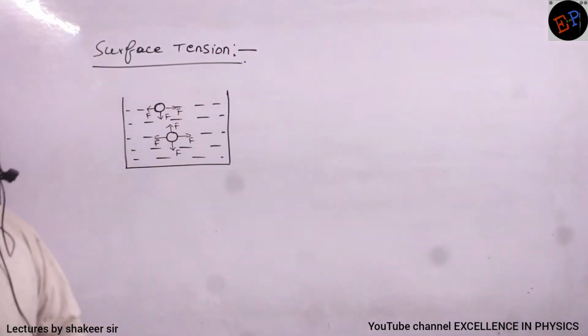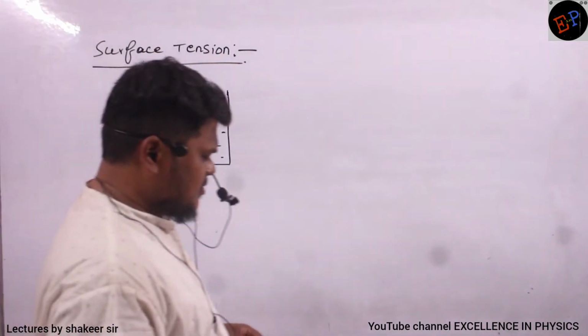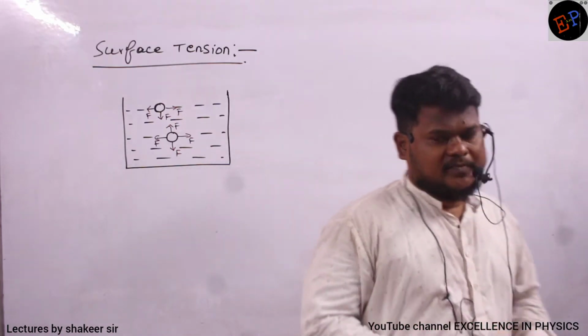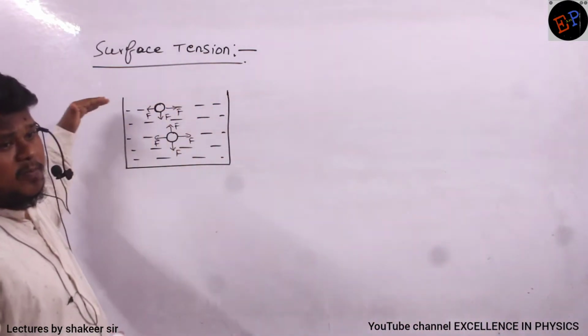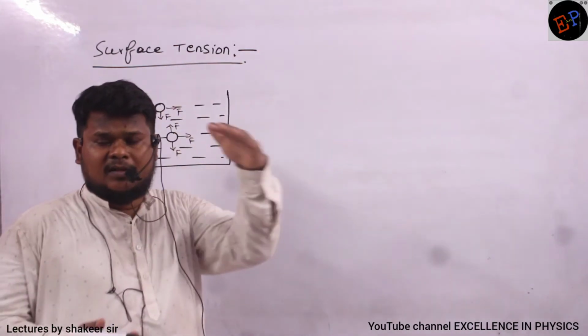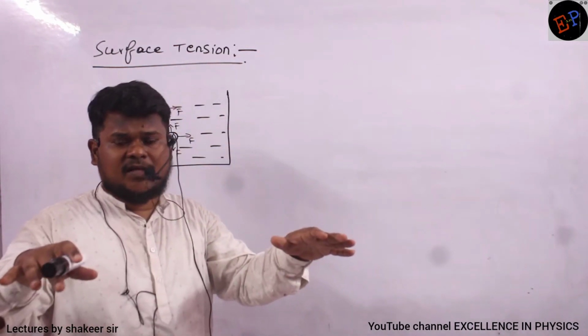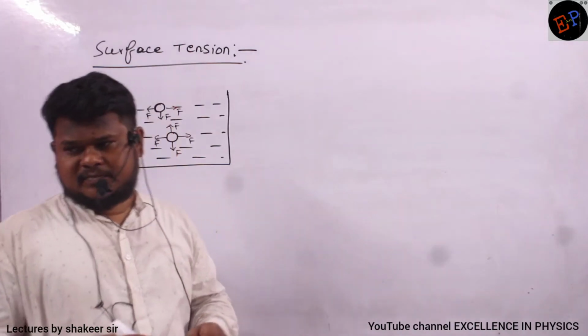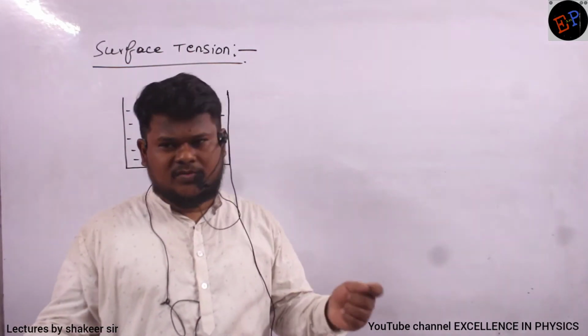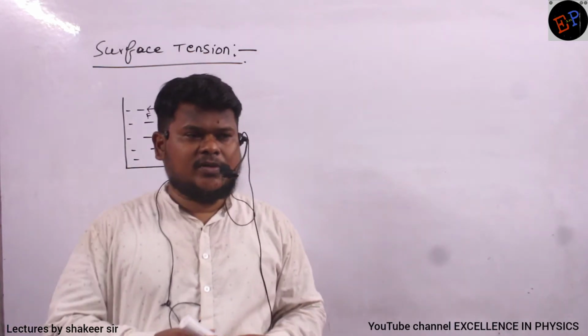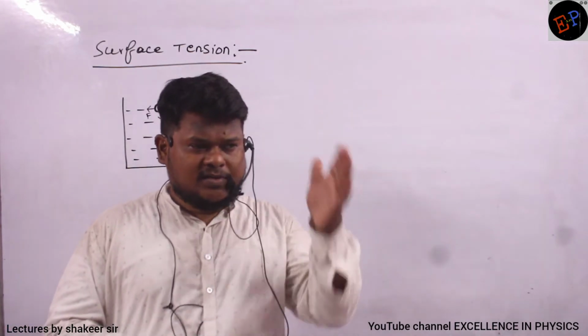Okay. So the next topic we are studying is surface tension. Surface tension means the top layer of liquid, the layer which is open to the atmosphere, behaves like a stretched membrane. For example, stretched membrane means you should have seen drums, no? How are drums able to produce sound? They have a stretched membrane.